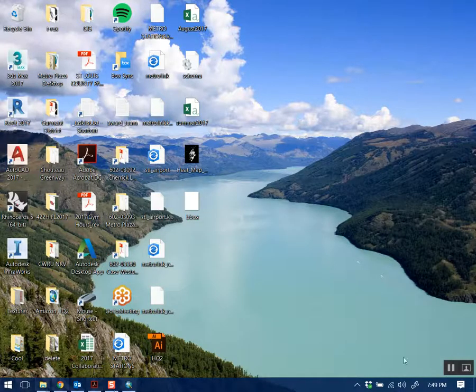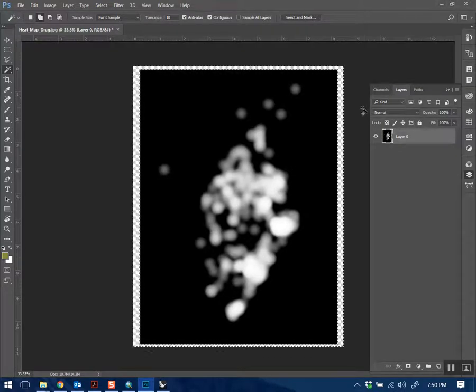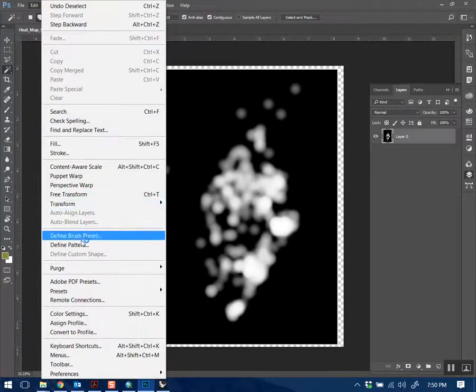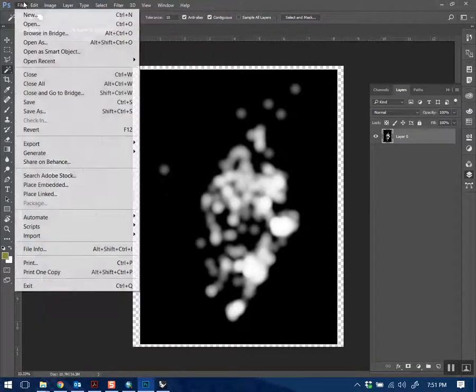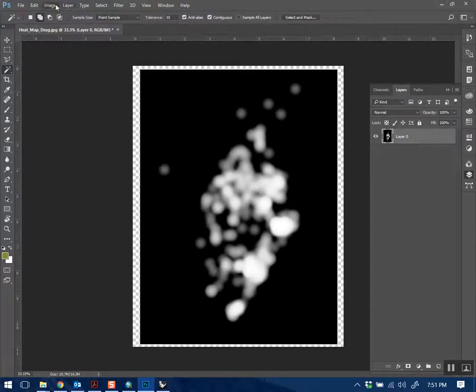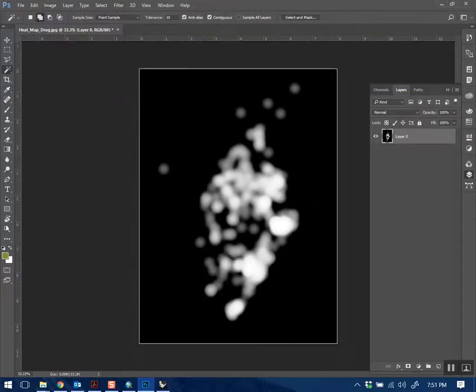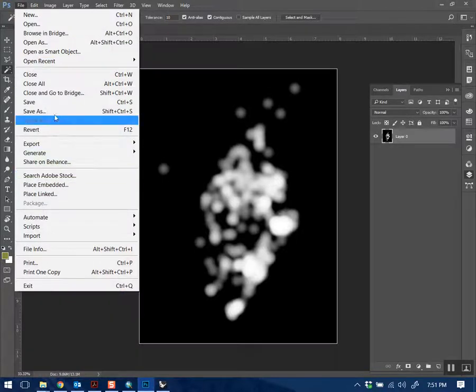Okay, so real quickly, all I did was bring this into Photoshop. The only reason this box around here exists is so that I can trim the exterior and then trim this. So I go to Edit, Image, Trim, transparent pixels, and that just gets rid of all the exterior stuff. So I'm just going to save as